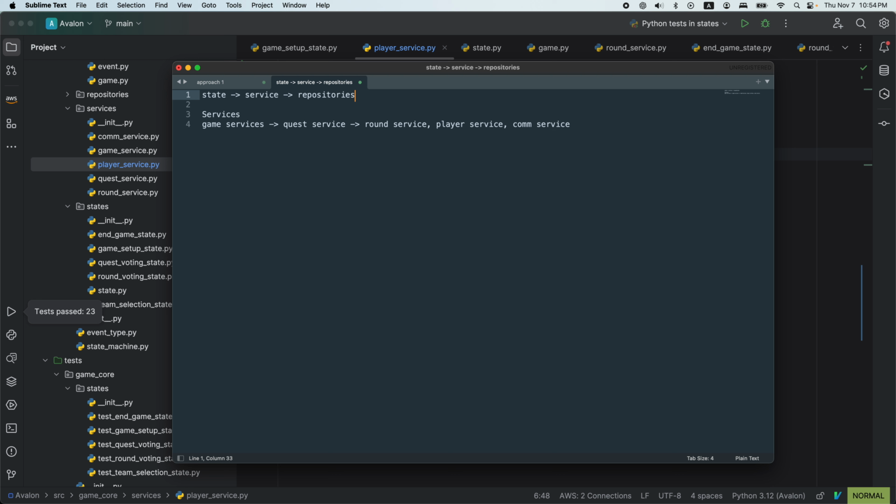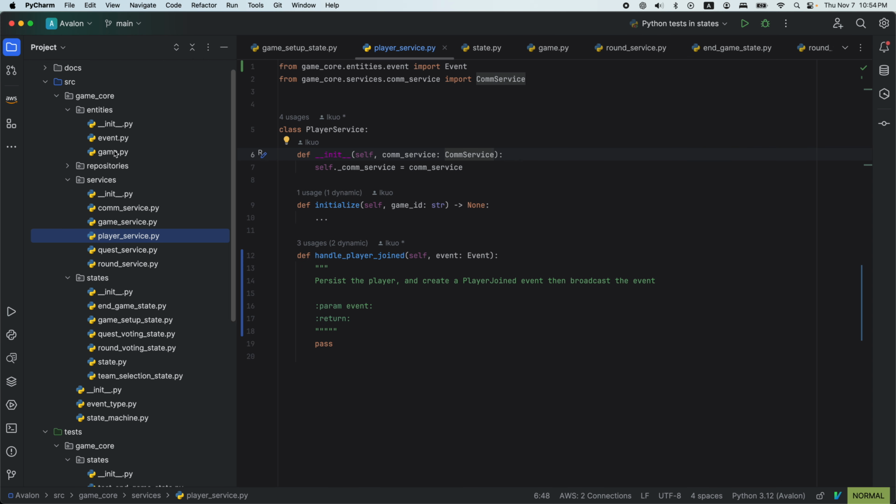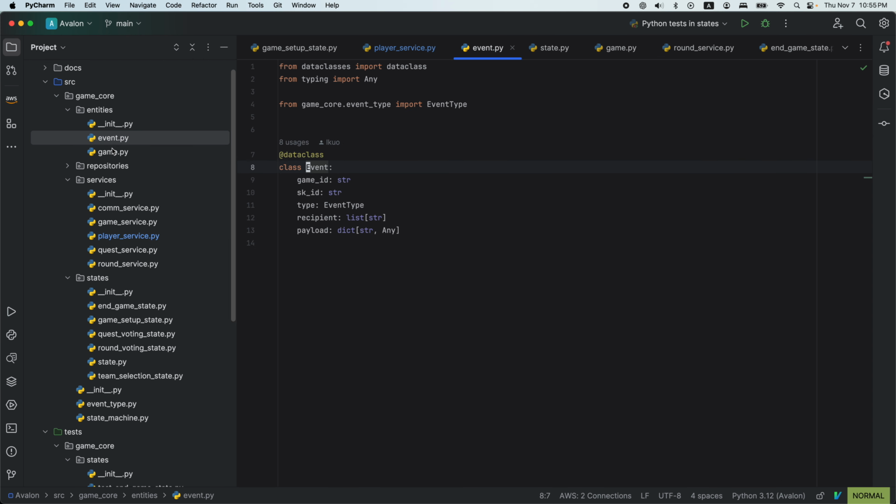We do not care what database it uses. We do not care if it has an ID of string or number or whatever. We have these entities, yes, but